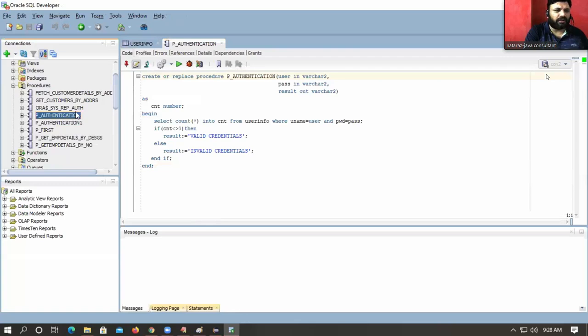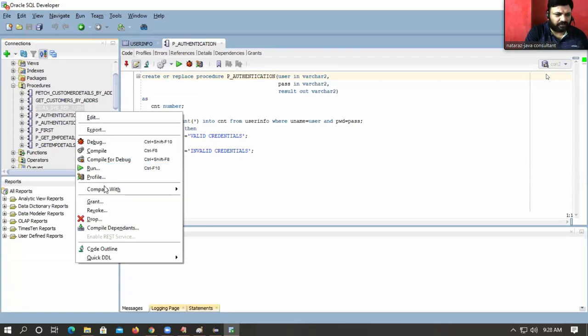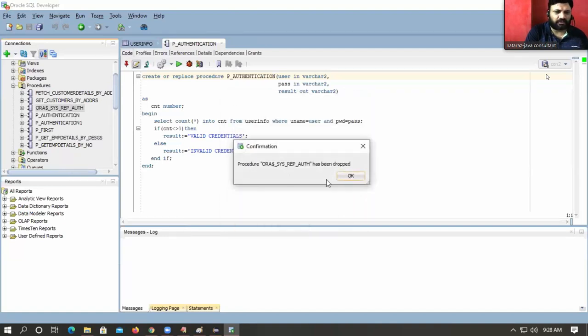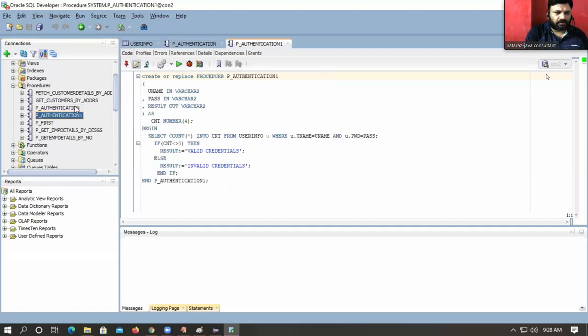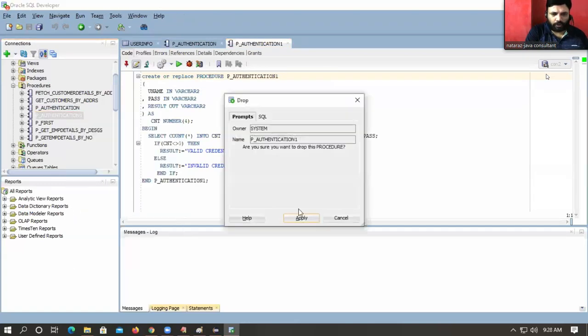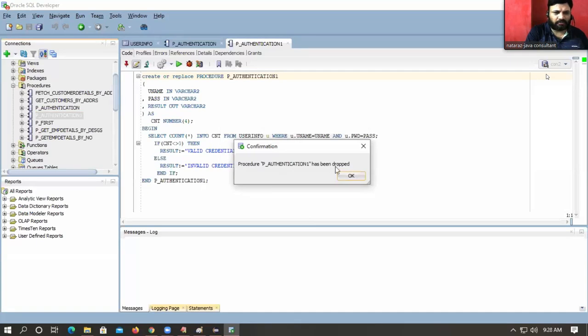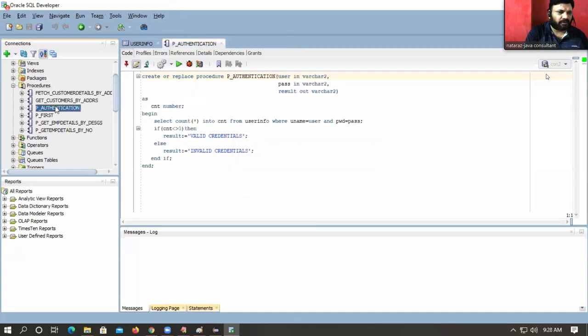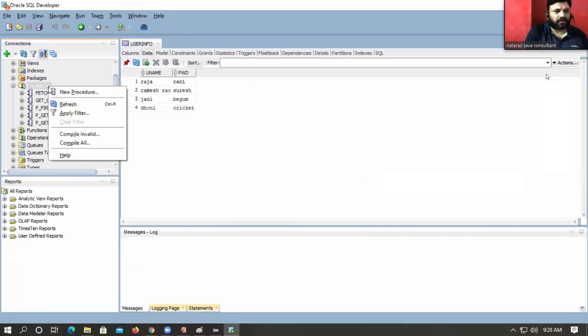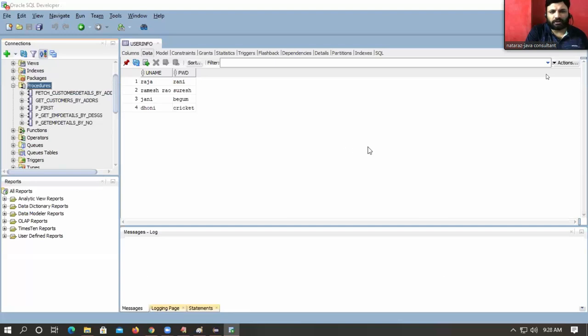I want to delete them, guys. Okay, duplicate. I don't want to get any confusion on it. Drop, apply. Okay. Drop, apply. Okay. Right click, new procedure,